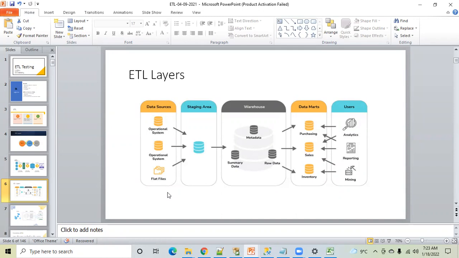Once you are attending your requirement gathering call with the business stakeholders, the first question is how many data sources you have. After that you have to ask, okay, if you have 10 sources, in which format will you be sending data to us, right? You will ask this question.